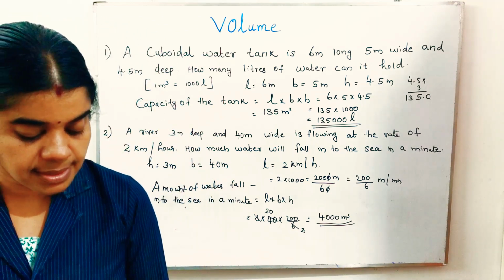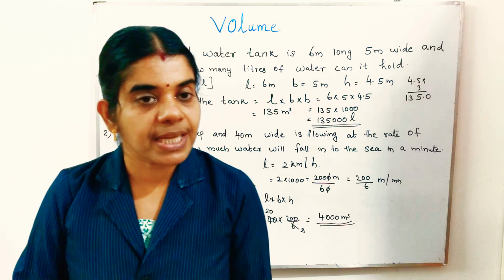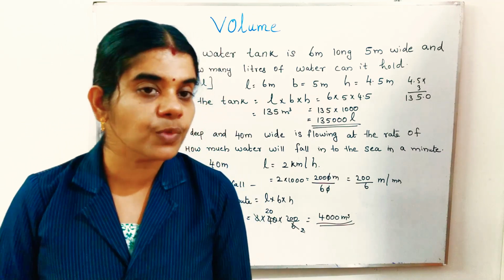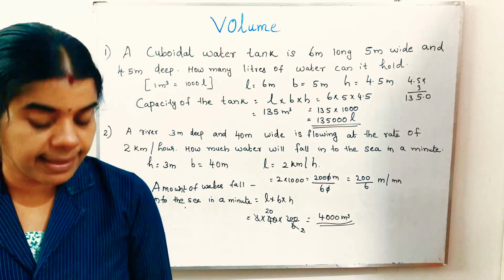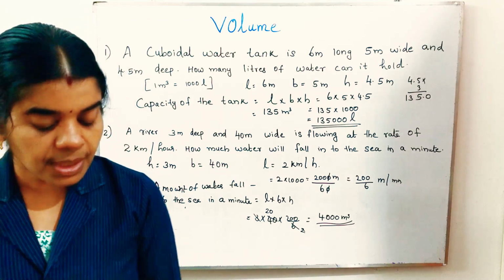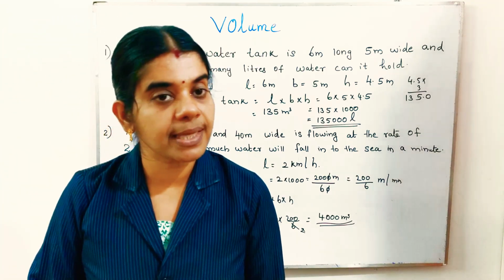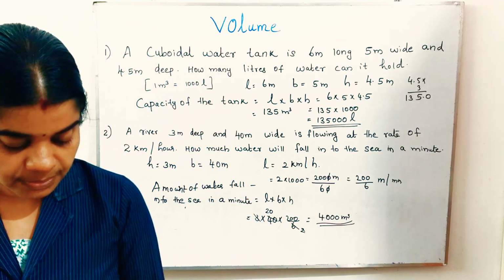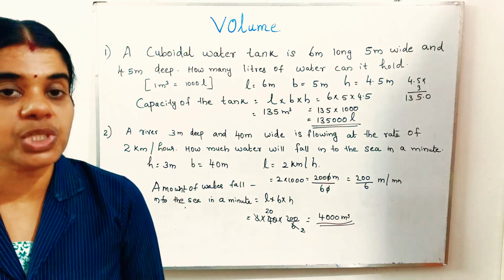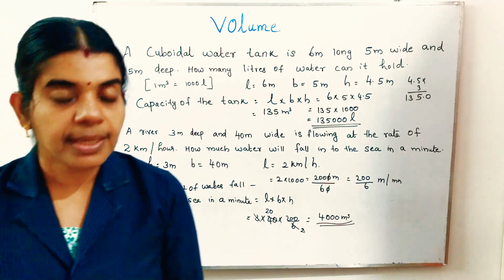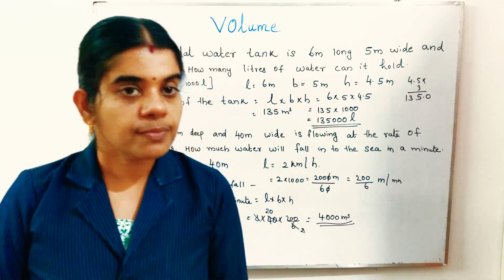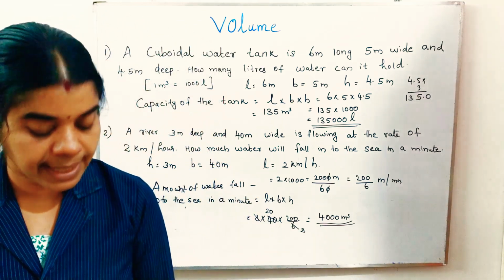The tank has measuring. First find out the volume of the tank, that is 20 into 15 into 6, you will get the volume of the water. Volume of the tank, that you will get in meter cube. If you multiply that by 1000, you will get that answer in liter. Then population of the village is 4000. Each person requires 150 liters. Then how much water is needed for the 4000 people in a day?